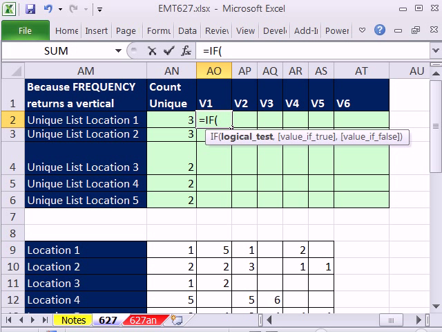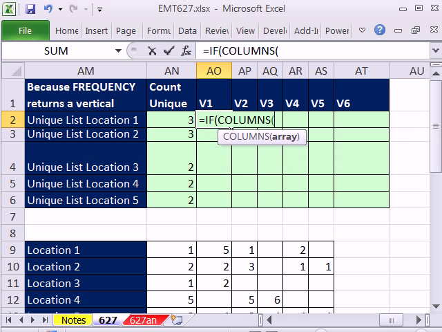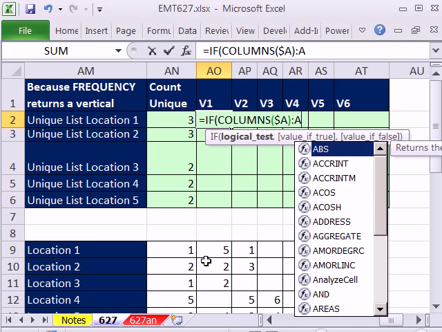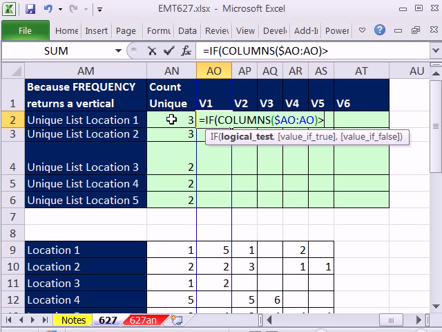And then we can't use, remember, this is extracting records. We're ultimately going to use the INDEX function to extract records. But we do need to, as it copies this way, show blanks when it gets past 3. So instead of ROWS, we're going to have to use COLUMNS. I'm in AO, so I do $, because we're copying across the column, AO, colon AO. Oh, I didn't do that right. That's why it's hard to type in O. I typed in a 0. Colon AO. Whenever that is greater than